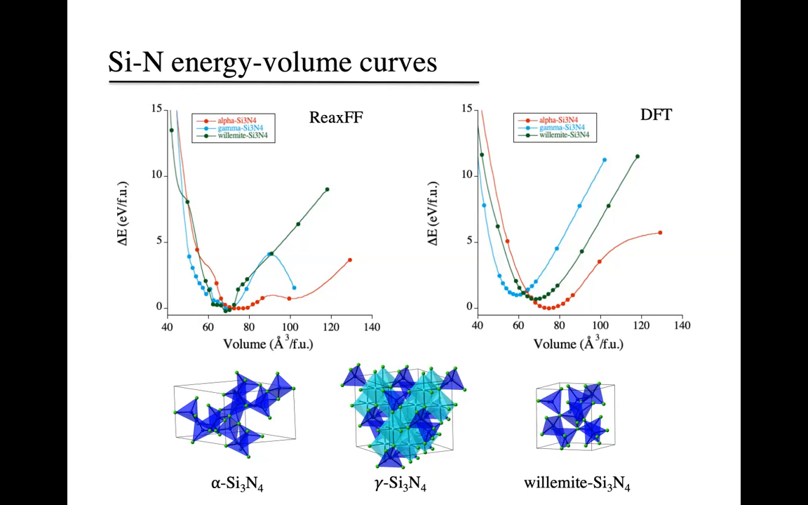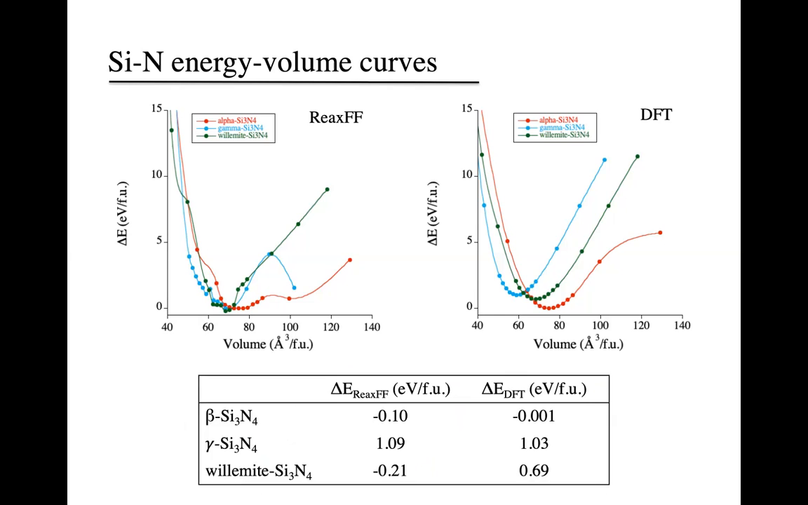Both alpha silicon nitride and willemite silicon nitride contain only tetrahedral silicon, but willemite silicon nitride is substantially denser than alpha silicon nitride. Gamma silicon nitride contains both tetrahedral and octahedral silicon, and reproducing the gamma silicon nitride energy volume curve in ReaxFF is a bit difficult. Meanwhile, we also compare ReaxFF